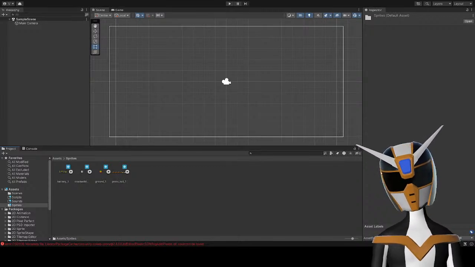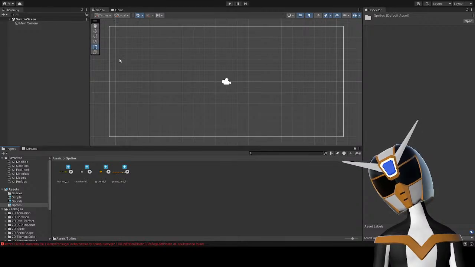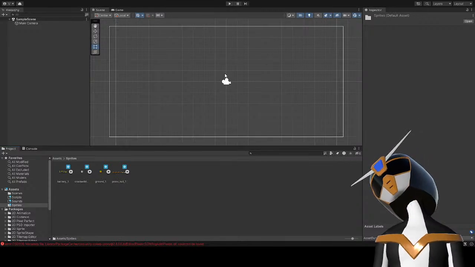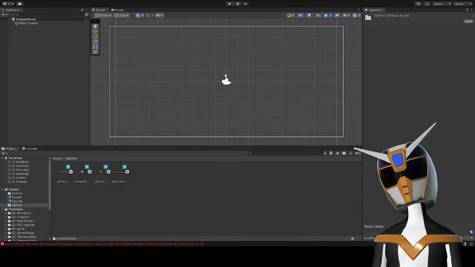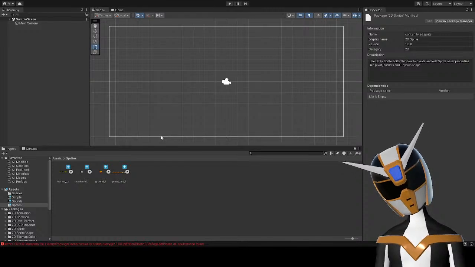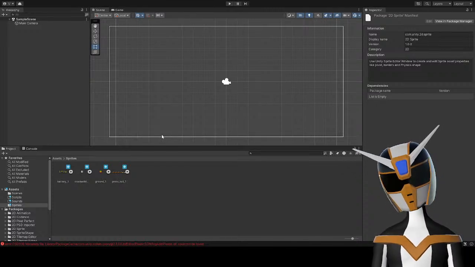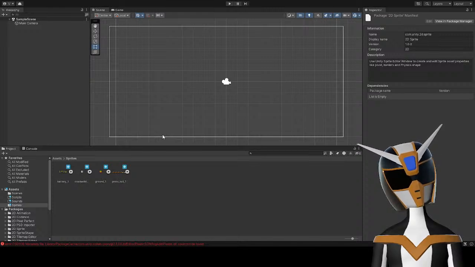So then I downloaded and installed a new version of Unity Hub, and it still gave me the same error with the package manager, so I ended up downloading a new version of Unity. While that was going on, I also downloaded Godot because I was like, if Unity doesn't work, I'm just going to learn Godot right now.